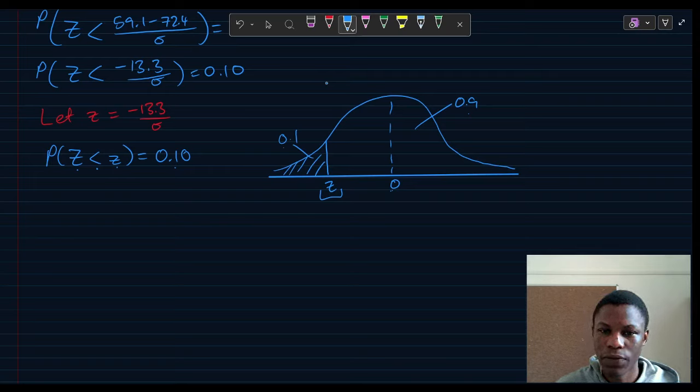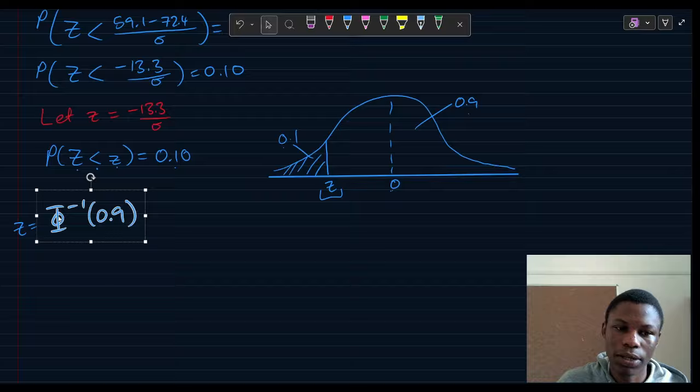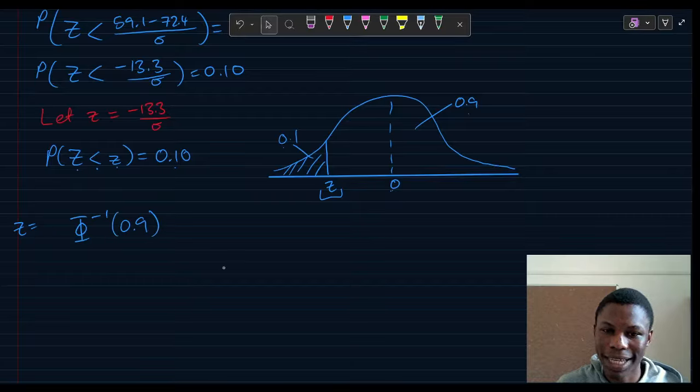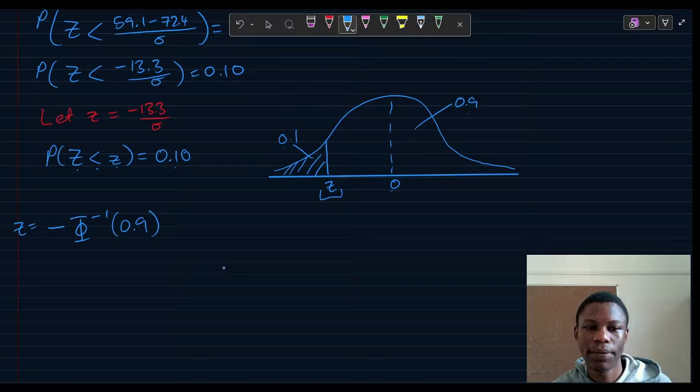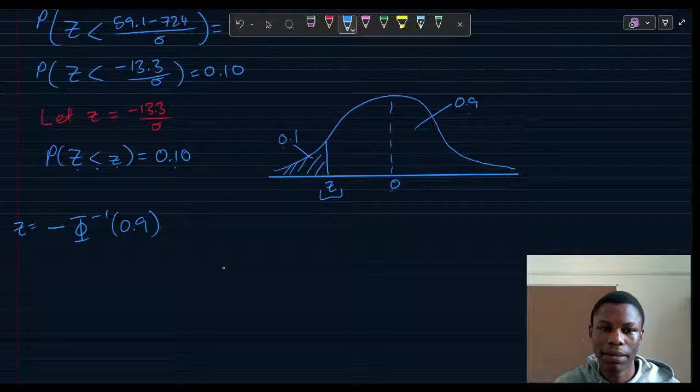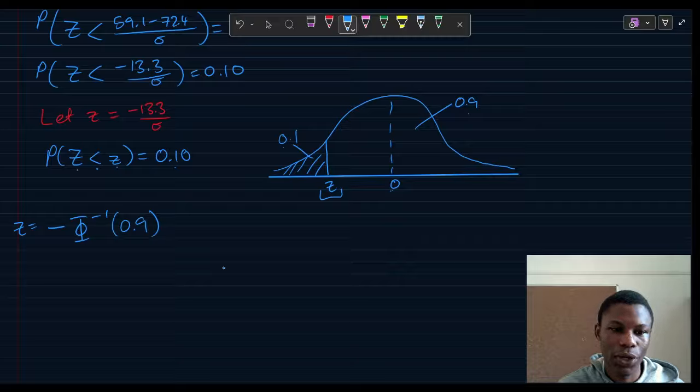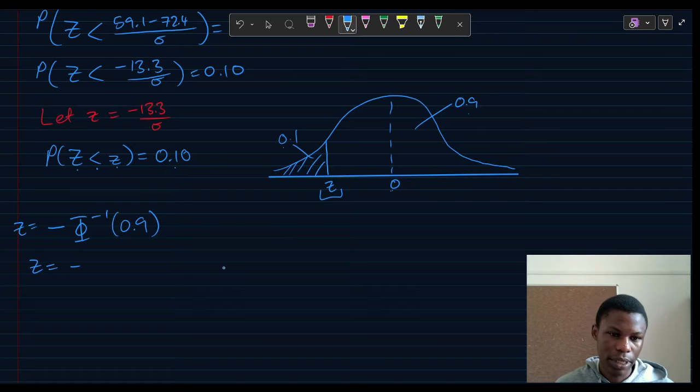So instead of looking for 0.1, I'll go to my tables and I'm doing argphi, which just means I'm reading my tables in reverse. So Z is equal to argphi of that. But keep in mind that we've already concluded from our diagram that Z has to be negative, so it has to be negative argphi of 0.9. So argphi of 0.9 means we're going to go to our tables and read them in reverse. So Z is equal to negative. If you do argphi of 0.9, you're going to get